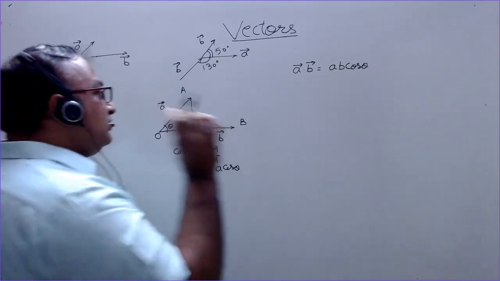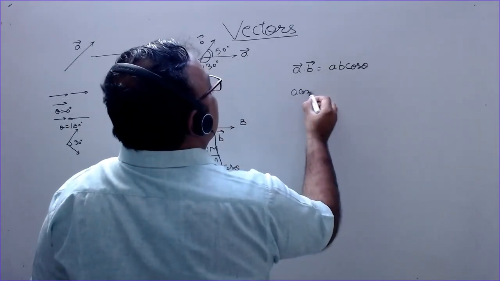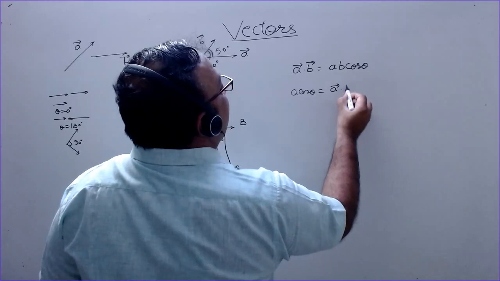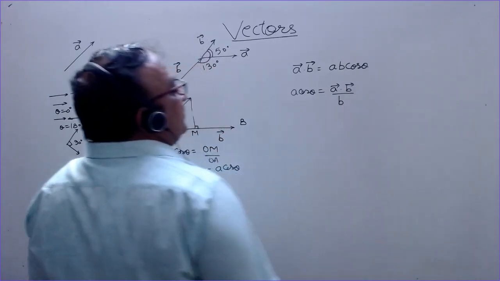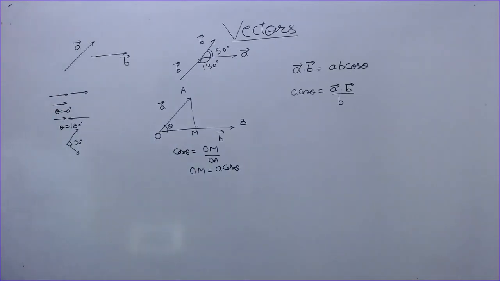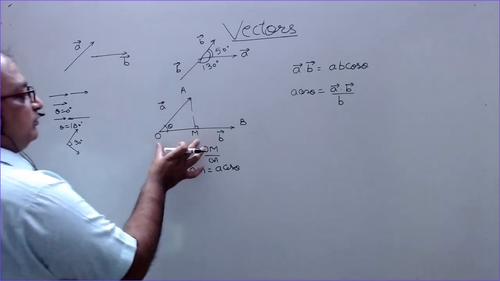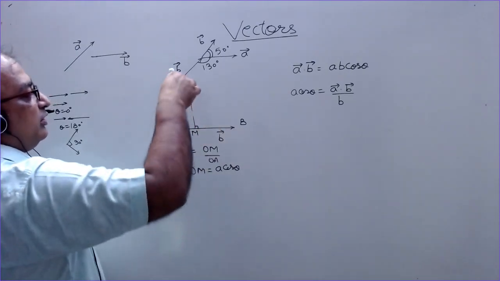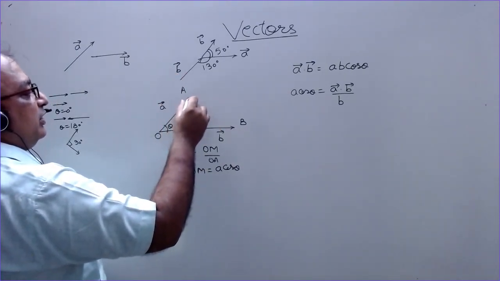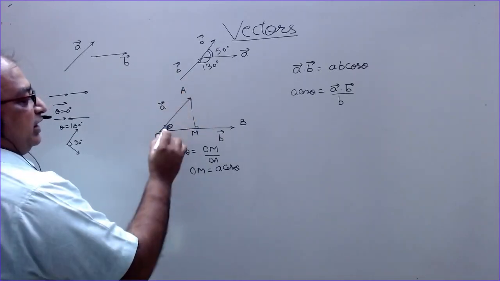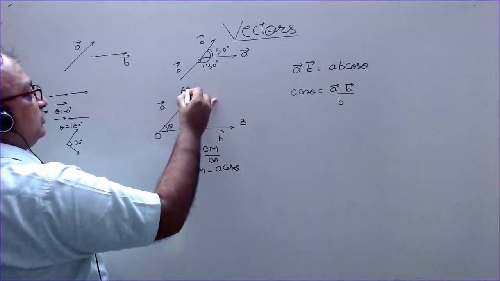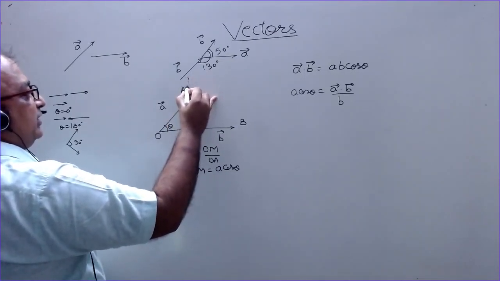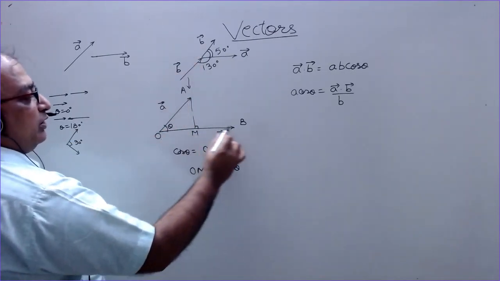So A cos theta is A dot B divided by the magnitude of B. What is this A cos theta? A dot B by B. This is the distance OM measured along this vector. So it is called the projection of vector A on vector B at an angle theta with respect to the second vector. So if you send rays of light like this in the direction perpendicular to this vector,